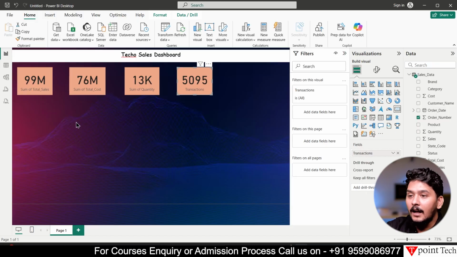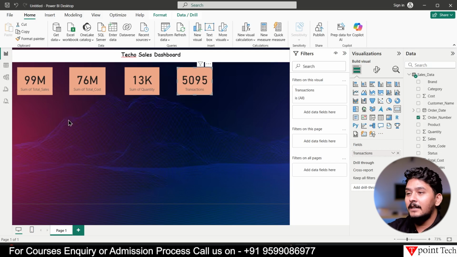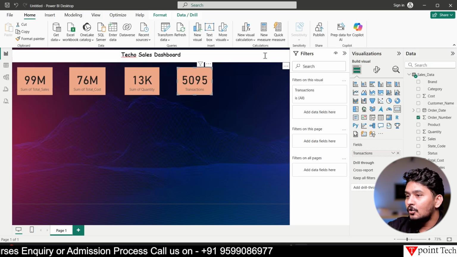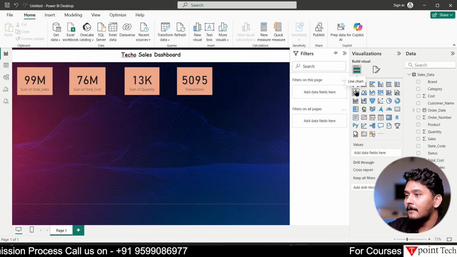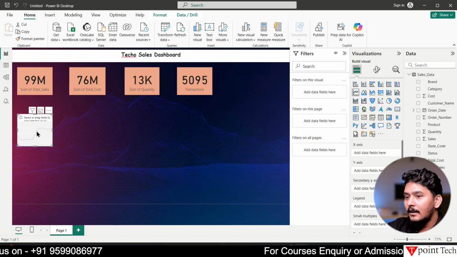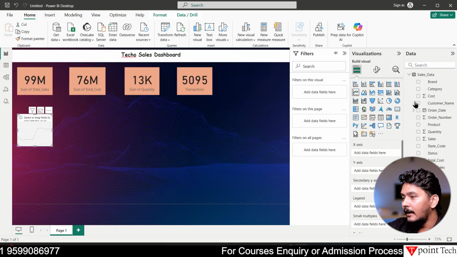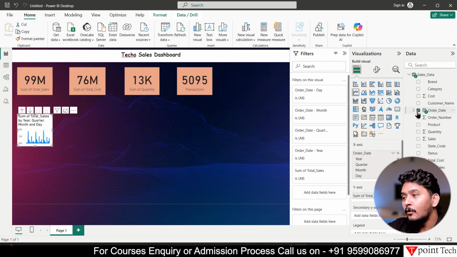Second thing is that I'll make some kind of bar chart to make it much more presentable. Okay, so I'll choose this kind of line chart first. Okay, so here this is the line chart, and second is I'll click on the total sale versus order date. Now I'm going to teach you